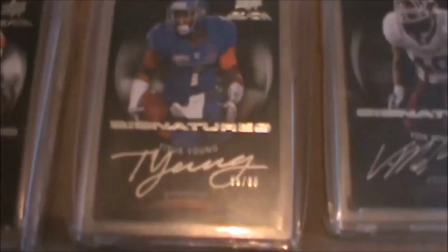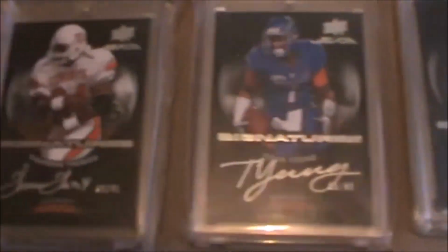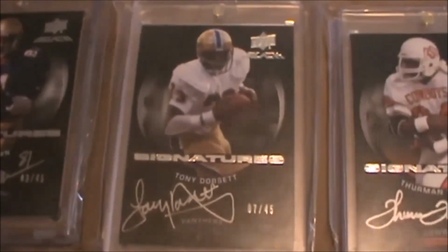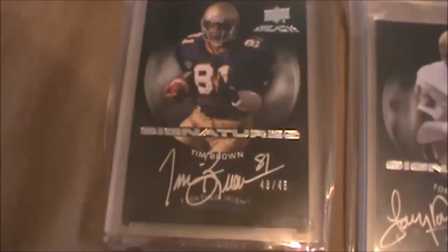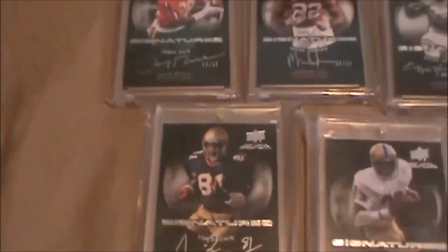Von Miller out of 60. Titus Young out of 60. He's probably the cheapest card I got for the whole entire set. Thurman Thomas out of 45. Tony Dorsett out of 45, and Tim Brown out of 45. This is only like the second or third card of Tim Brown I've seen also. So,